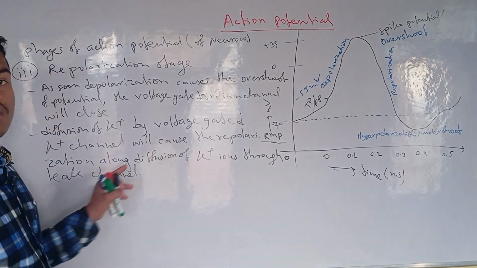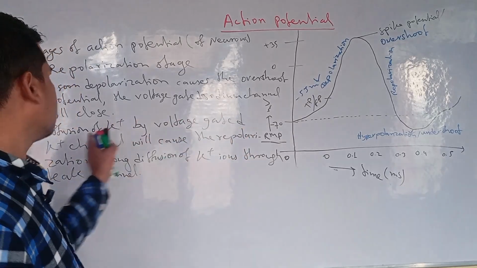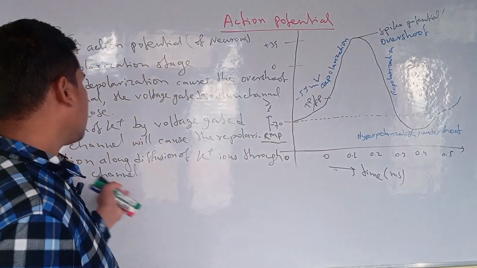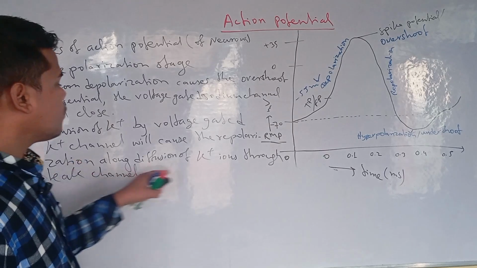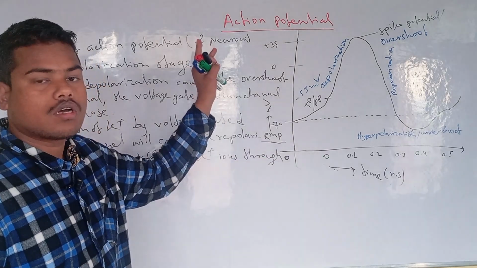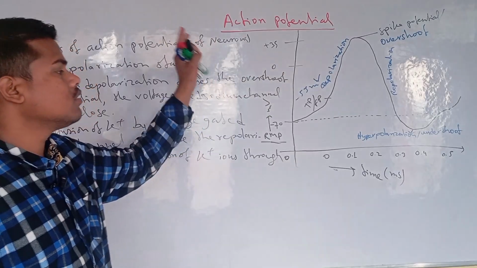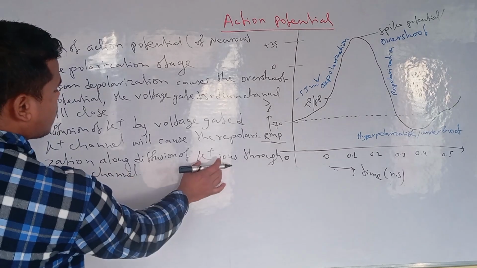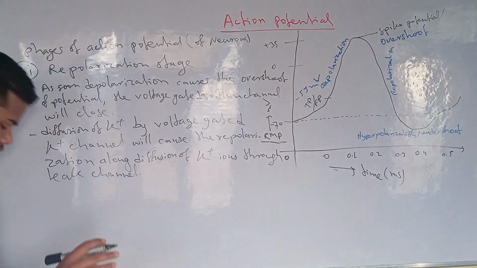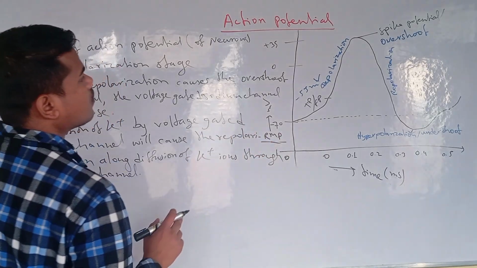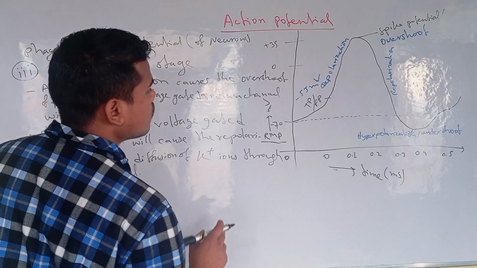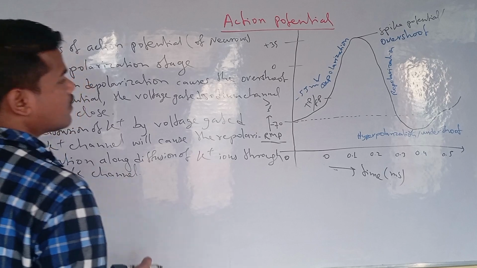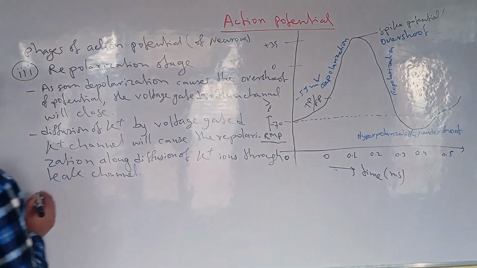The major efflux occurs through this voltage gated potassium channel, and simultaneously the potassium will also leak outside the membrane through the leak channel, since the permeability of the potassium is very high in comparison to the permeability of the sodium channel. Hence through the leak channel,